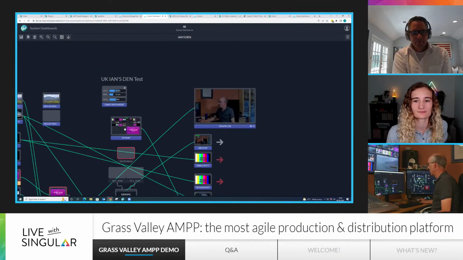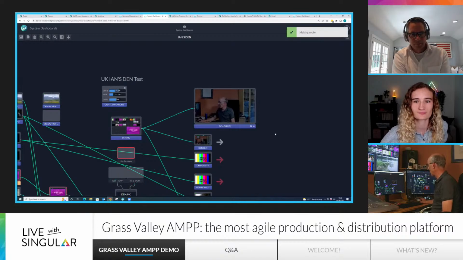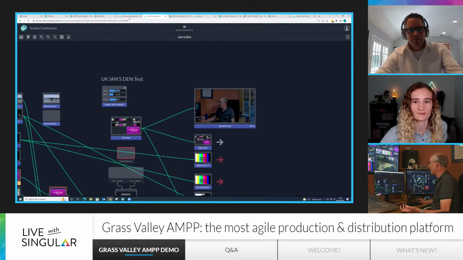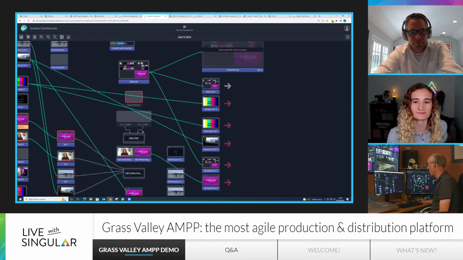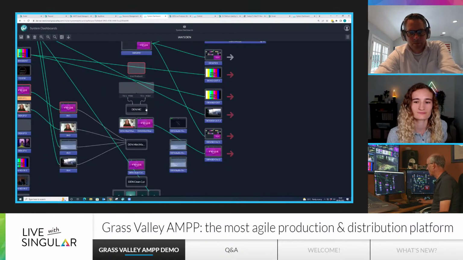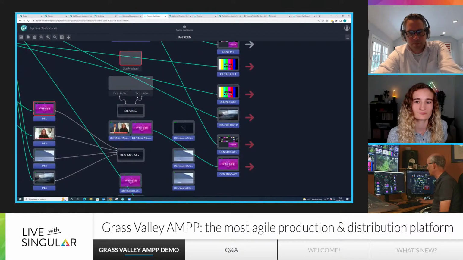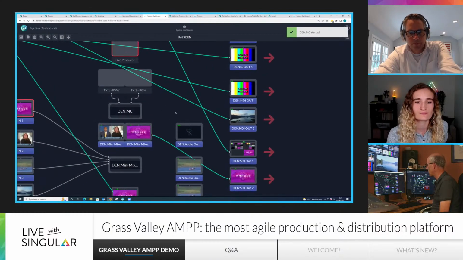So then if I want to put it back to the multi-viewer, I can just do that, and that's now showing me my multi-viewer. So you can see everything I'm doing here is all HTML5. So for example, if I wanted to spin up an additional master control here, I just go start workload. See, it's all grayed out at the moment. So that's now provisioning,